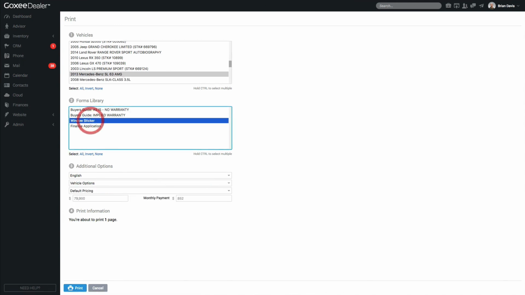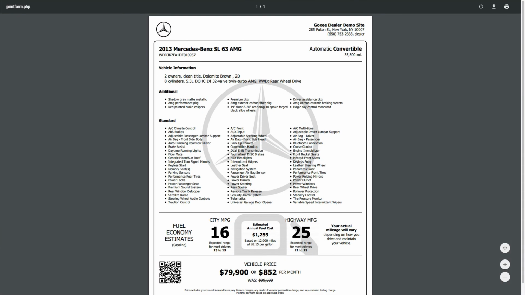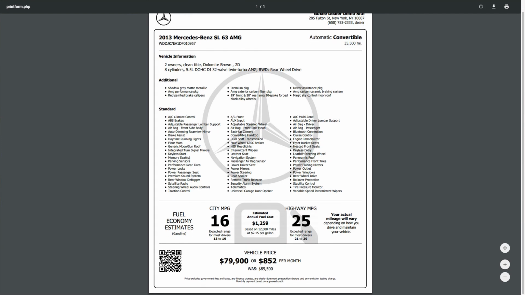Let's go ahead and print a window sticker. Everybody loves these window stickers. Check this out. One button, bam, there's your window sticker. It has everything you need, right? From your make, model, standard options, miles per gallon, vehicle price, monthly price, as well as this little QR code